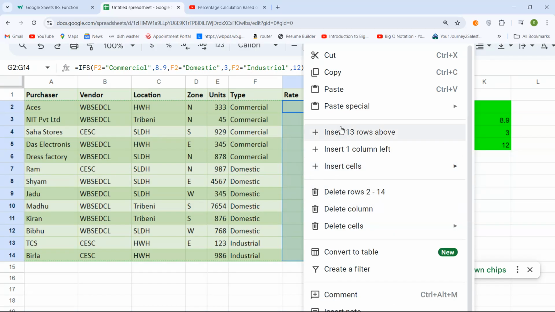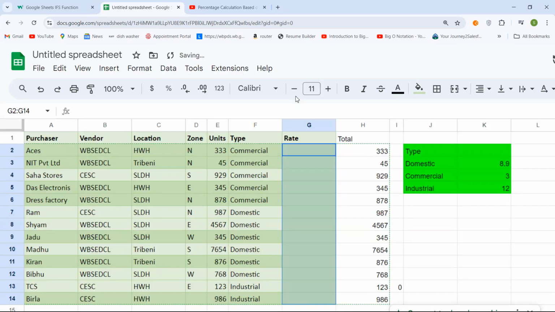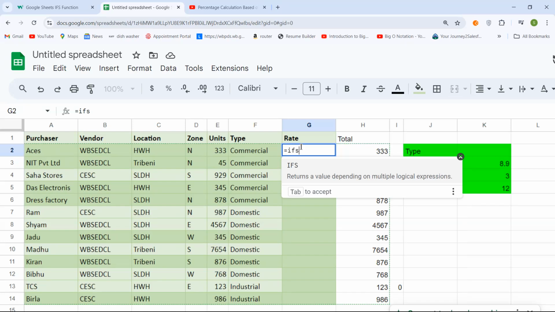So what I'll be doing is, there is no option for, okay, let's hit the delete key from the keyboard. Let's see what happens. Fine. So the delete key from the keyboard deletes the data from the column. So what we'll be doing is using a function IFS, and IFS will be